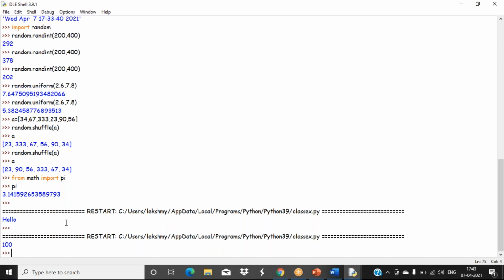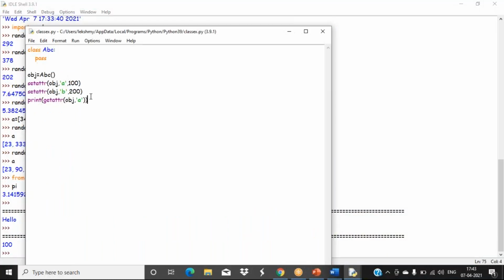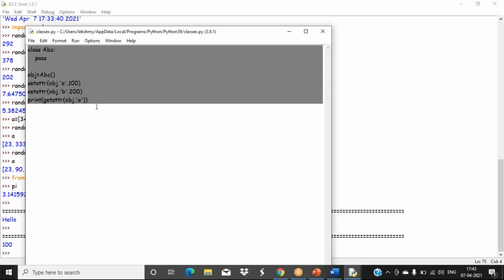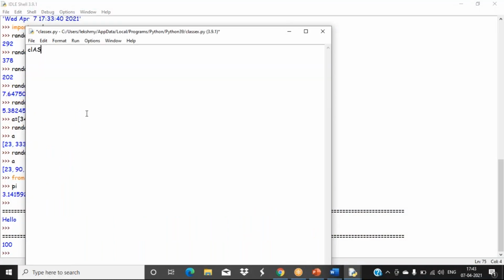Same only. We can do inheritance here also, what we learned in our JavaScript. So inheritance, one program, just I'll show you. So class A I'm creating.